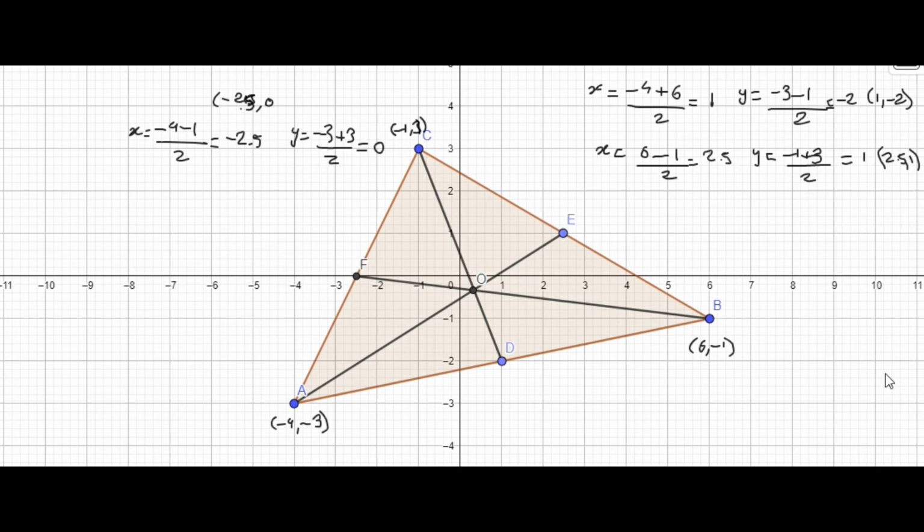But I don't want to finish it here. I want to give you more than that. I have some real life examples which I want to share with you so that we can solve them together. It is based on the section formula, the midpoint formula, and I won't forget the distance formula that we did in the first video. If you haven't seen that video, you must click on the top right corner of the screen to go to the distance formula video. We'll cover all three: distance formula, section formula, midpoint formula.